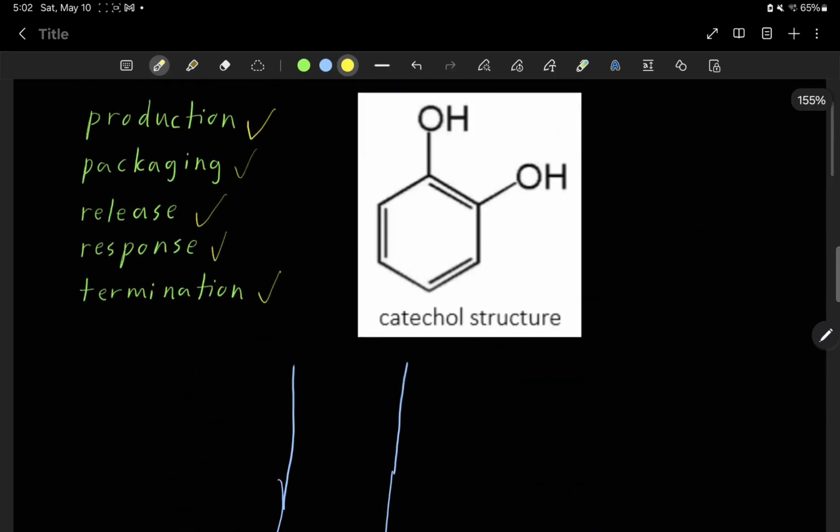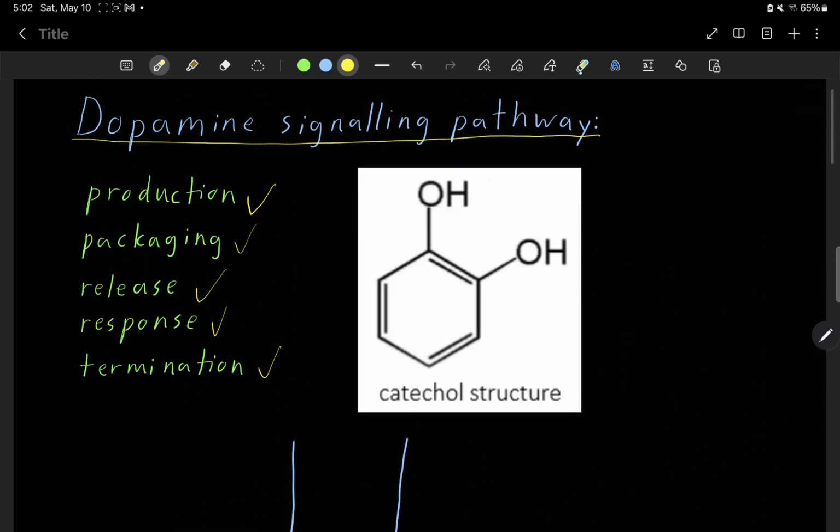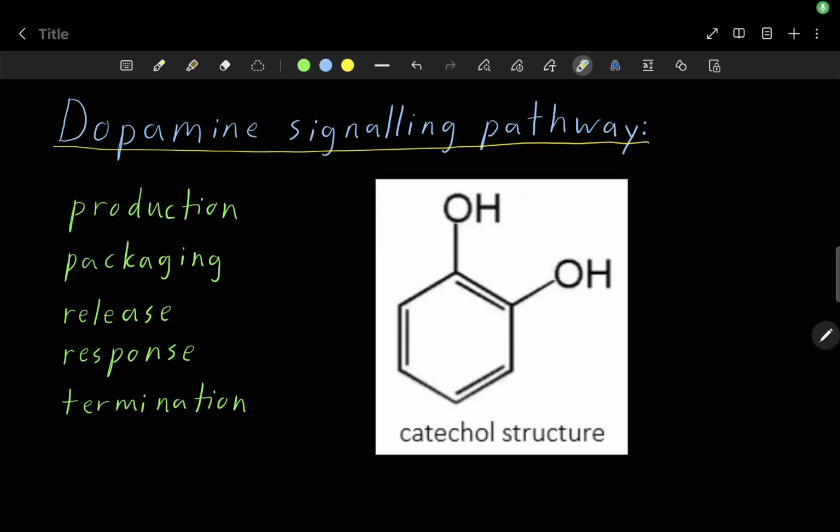And with that, we have concluded the last step of the signaling pathway of termination. And that basically concludes the dopamine signaling pathway. We saw how dopamine gets produced, how you go from phenylalanine to tyrosine to L-DOPA, and then finally to dopamine. We saw how dopamine gets packaged into vesicles with the help of enzymes like VMATs and ATPase. And then we looked at how proteins like SNAP proteins and VAMP proteins help dopamine get released into your synapse,